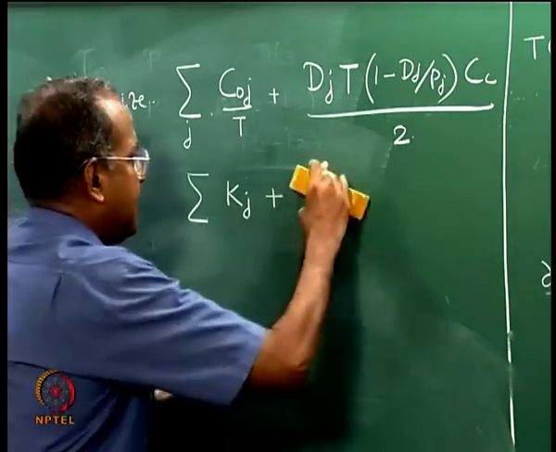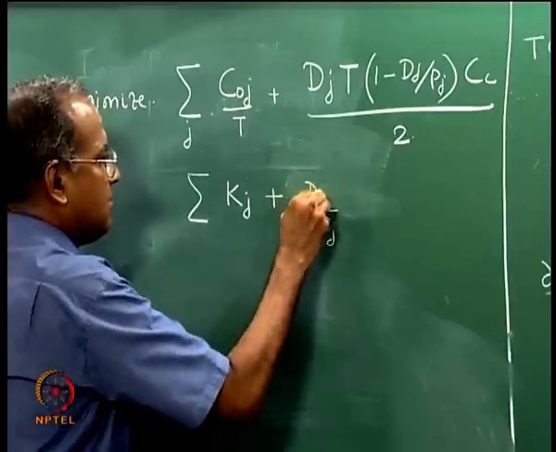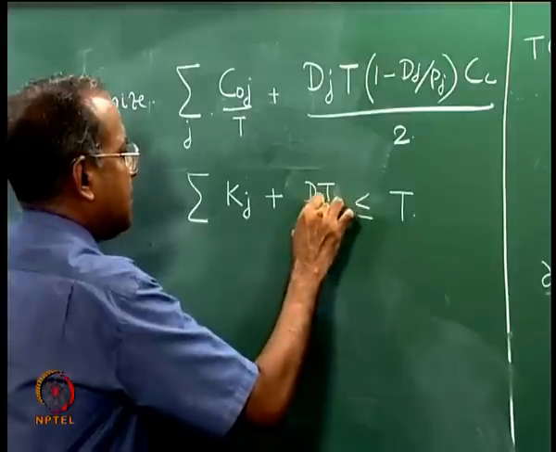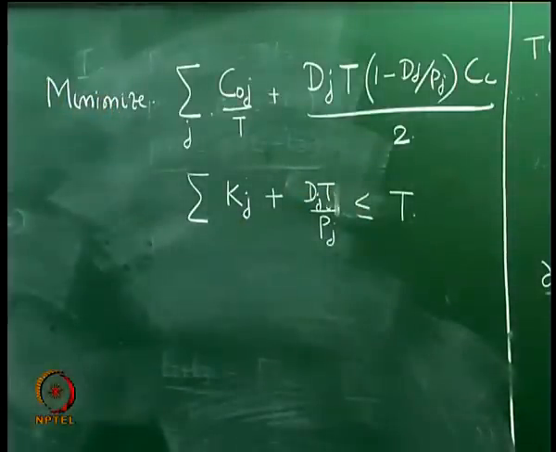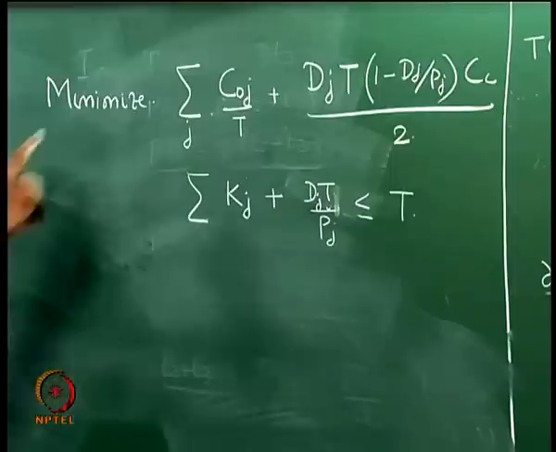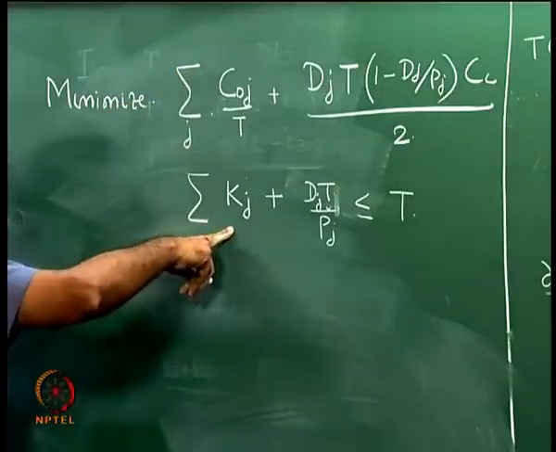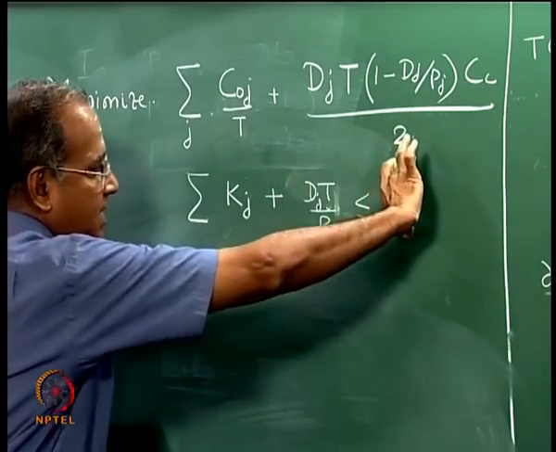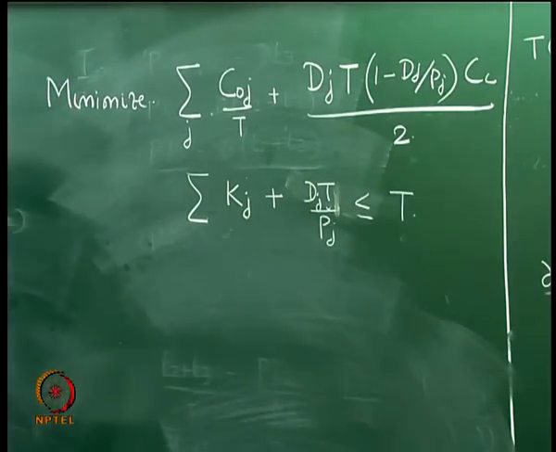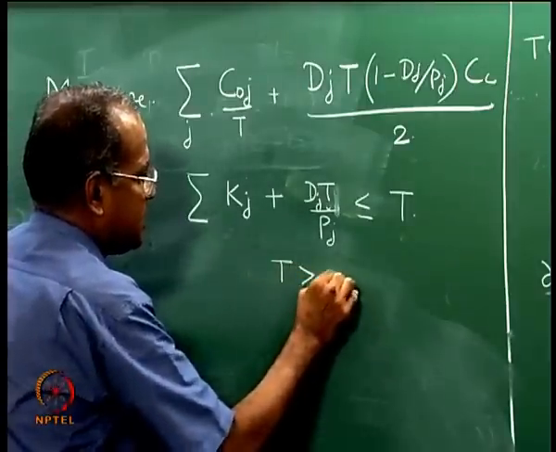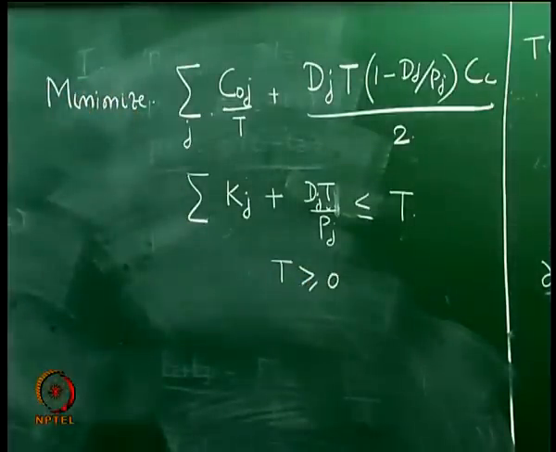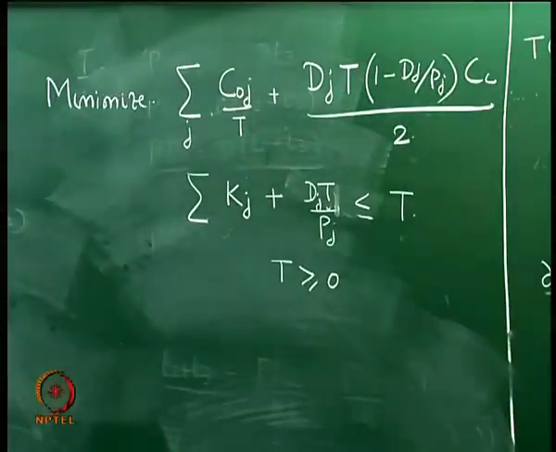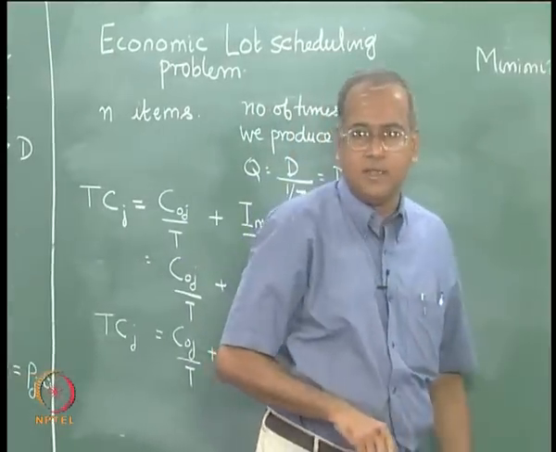So, this is Dj T by Pj, which is less than or equal to capital T. So, this is the objective function, this is the constraint. The only catch in this constraint is we have to rewrite it because the T term is here as well as here. Plus of course, we have the condition that T is greater than or equal to 0. Now, this problem is called the economic lot scheduling problem. In the next lecture, we will see how we solve this problem to get the optimum values of